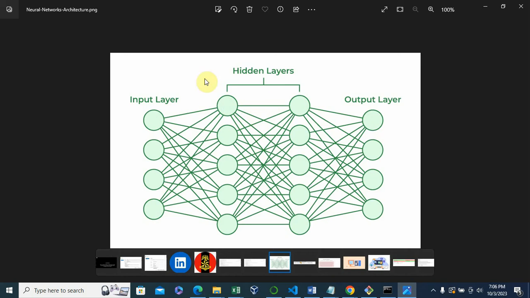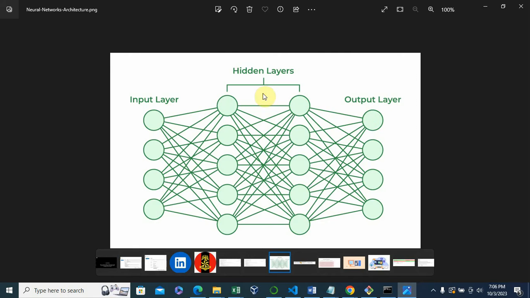There will be an input layer that takes input into the system, and there's going to be an output layer, where the result is gotten. In most cases, you can have one single input, depending on the complexity of the data you're working on, or you can have multiple input layers. And of course, most of the time you have several hidden layers. Hidden layers are layers that are in between the input layer and the output layer.